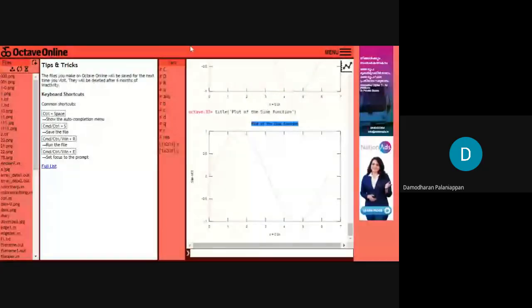Okay, now I'm going to give an example of how to create a file. Till now, we have typed the command, executed it, and the output was displayed. Now, we are going to create a very simple MATLAB file and see how it can be executed. Now, I'm sharing my screen. Is the screen visible to you? Anyone can reply. Yes, sir. Okay, fine.